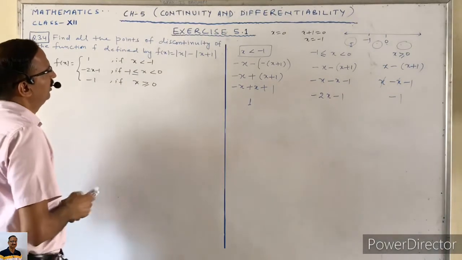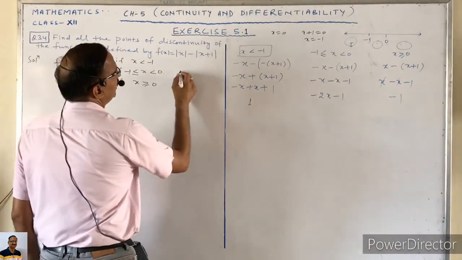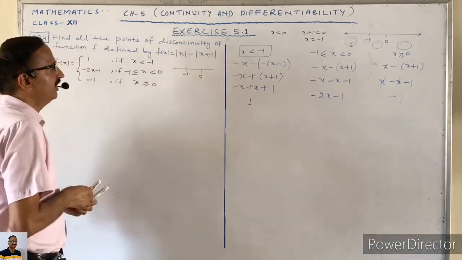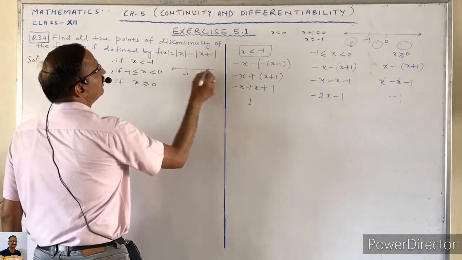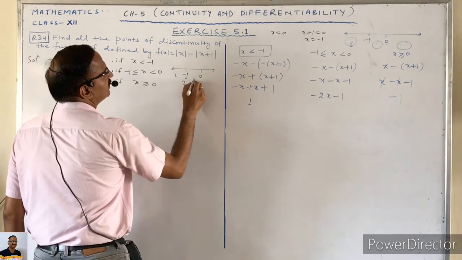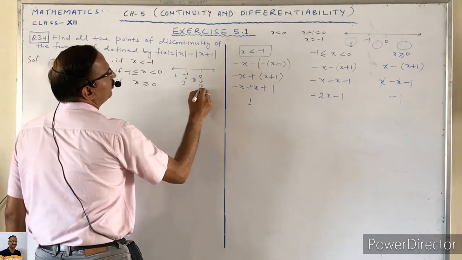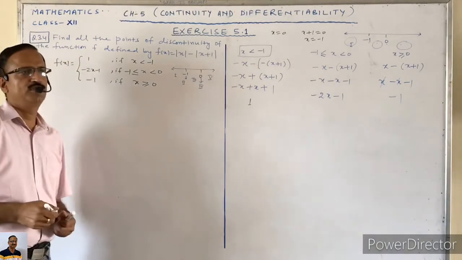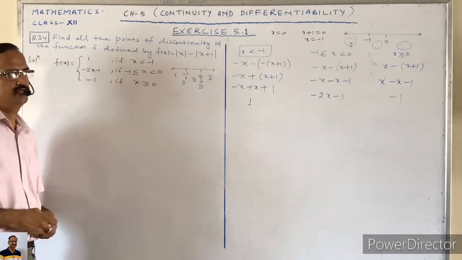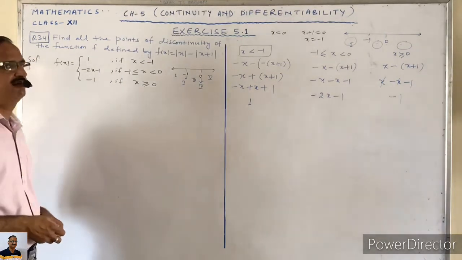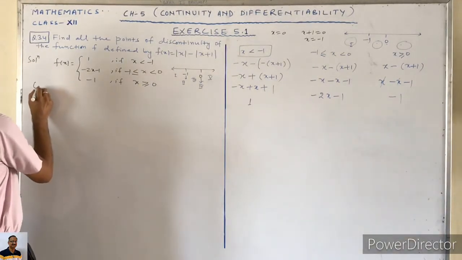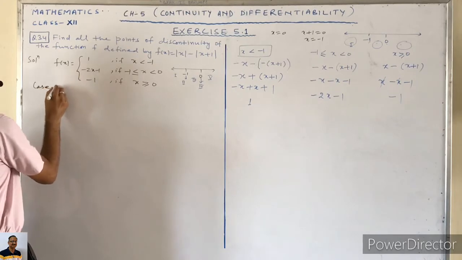Okay. So our number line is divided into 5 parts. Means the domain is divided into 5 parts. This is first, this is second, this is third, this point is fourth, and this is fifth. So for each partition we have a case. So it means we have to consider 5 cases. So let us start with case first.